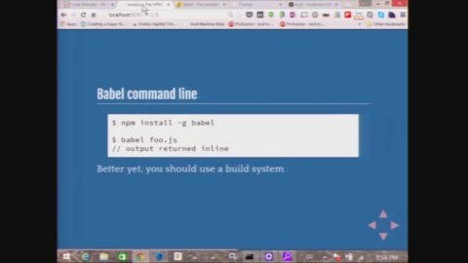When you do an npm install at the global level of Babel, you get in the path a Babel command line, and you can put a file on that, and it will output. It's a standard output by default. It will output the transpiled version. So that tells me that great, now I can use that in the build,